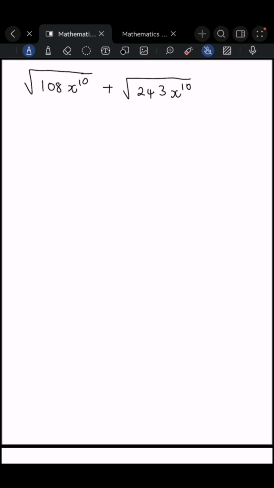I don't know if I see the question properly because it's not clear enough, but as far as I can see, it is the square root of 108 times x raised to the power 10 plus 200 to square root of 243 times x to the power 10. I don't know what the instruction is, but I'm going to assume it says to simplify. So if it says to simplify, we're going to go with it like this. First, we're going to have, right,